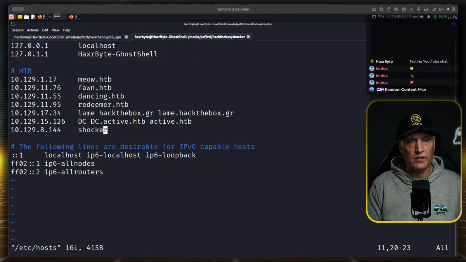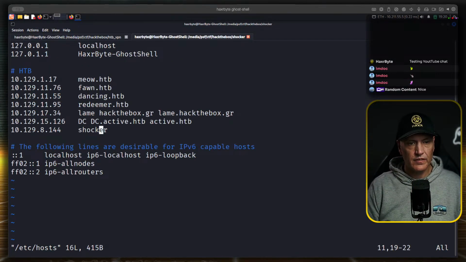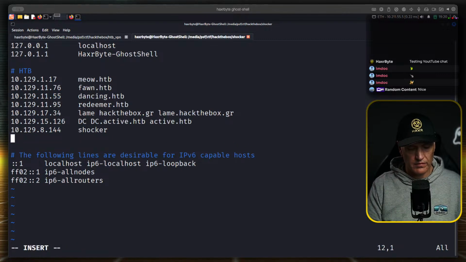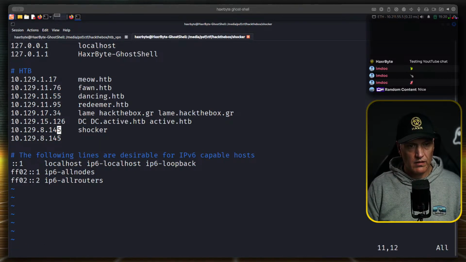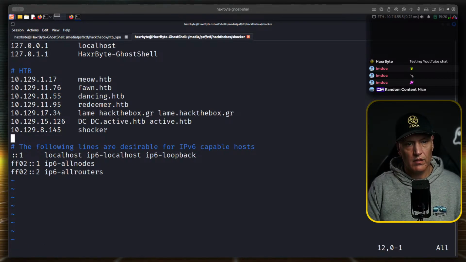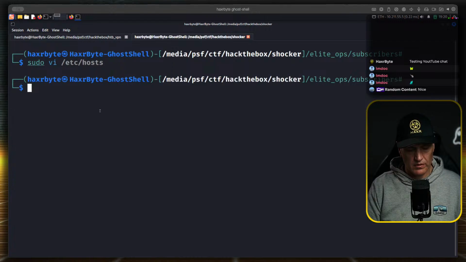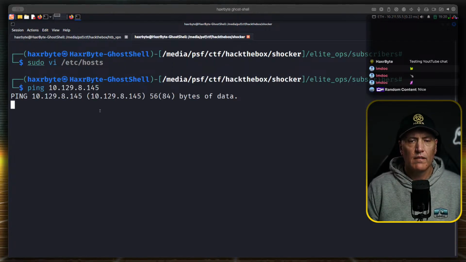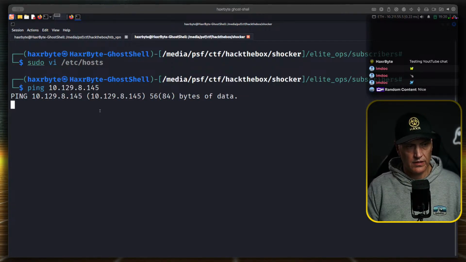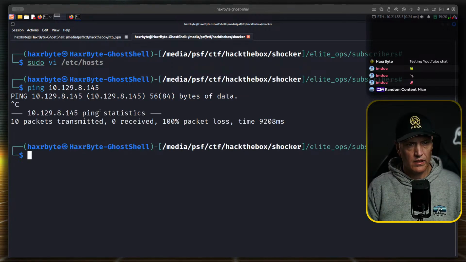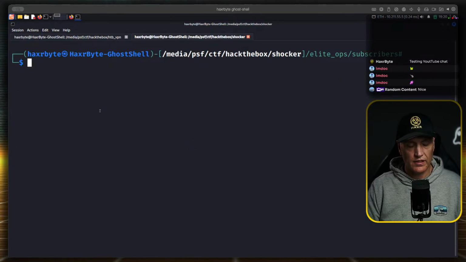Let's change the IP address in our host file. So yeah, it's not the same IP address. Ping. So strange. I've never seen it do this. Maybe it doesn't like a fast scan.